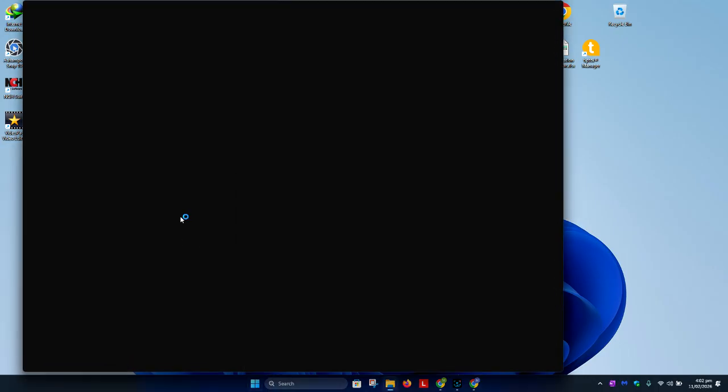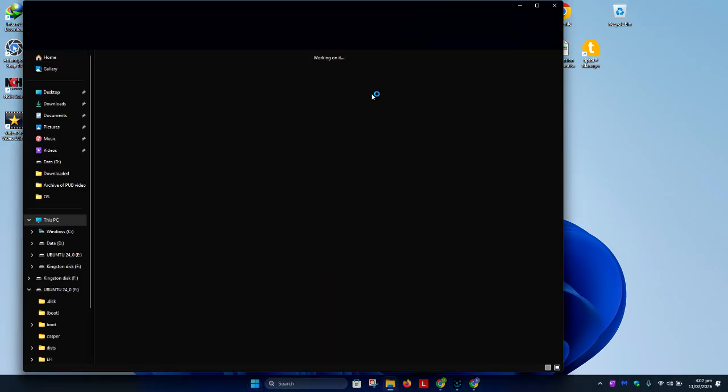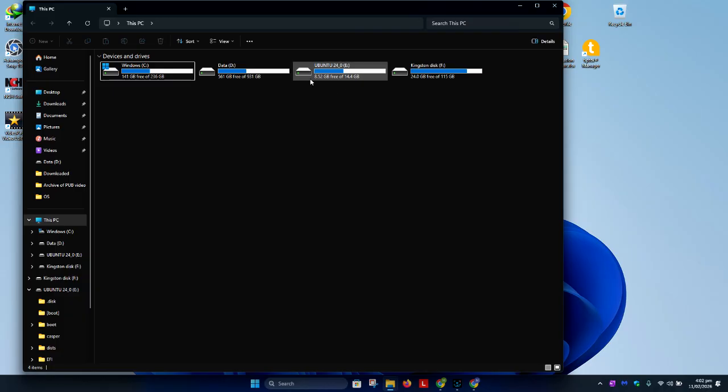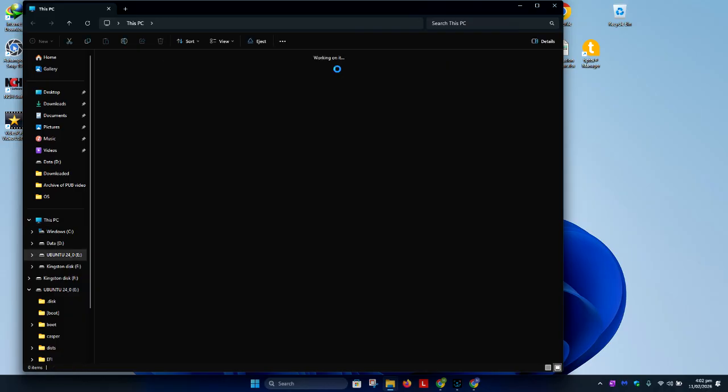However, just double check your storage device to see if the setup was completed. You should see it like this, and once you click, you should see